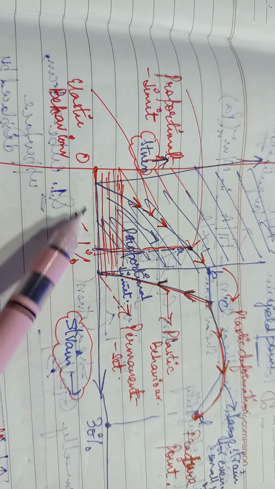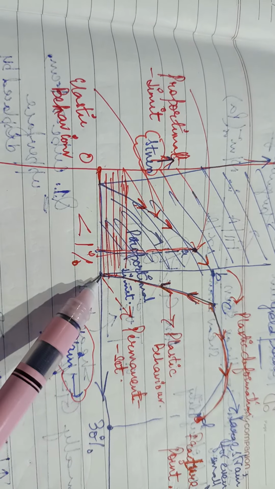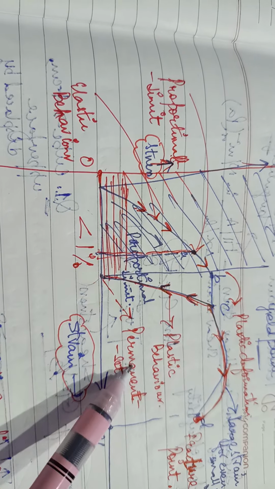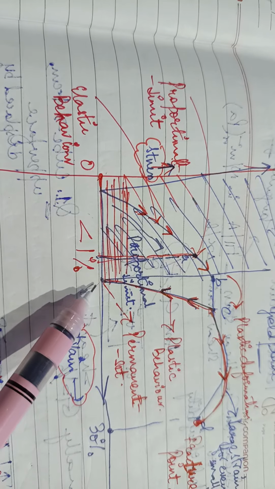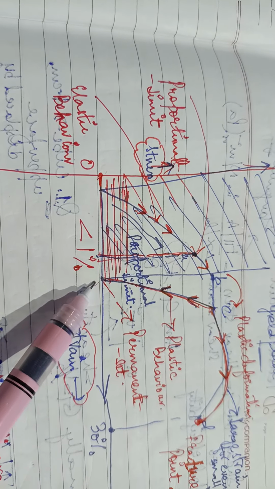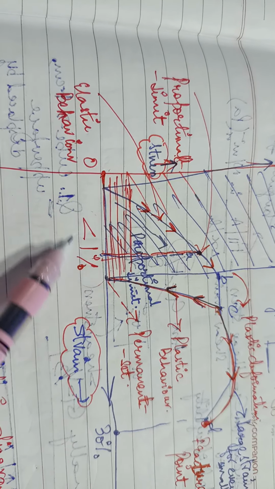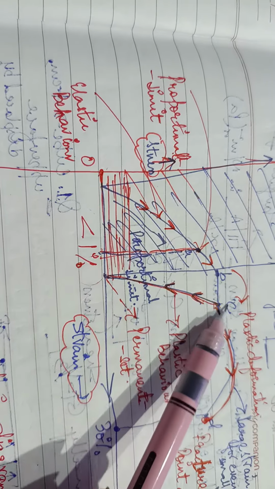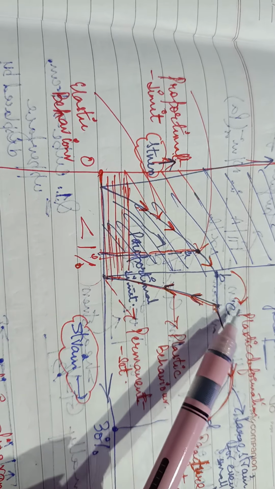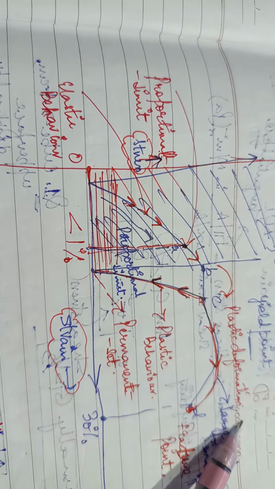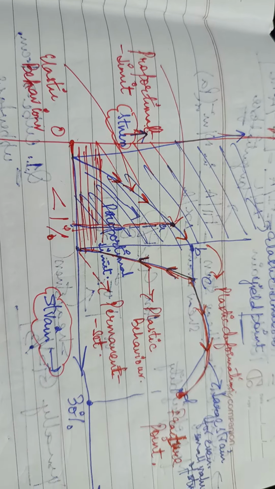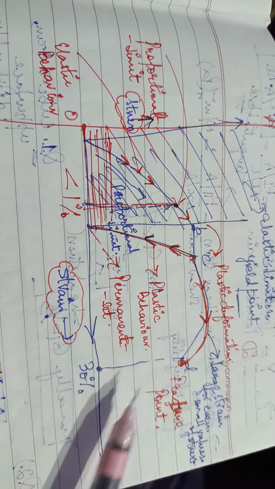a particular value of strain, and this is the permanent set. This is the amount of strain which will remain with the object now. This cannot be undone. Fine. This is the permanent strain. So point C is the first point where there is plastic deformation in the wire or the ductile material.